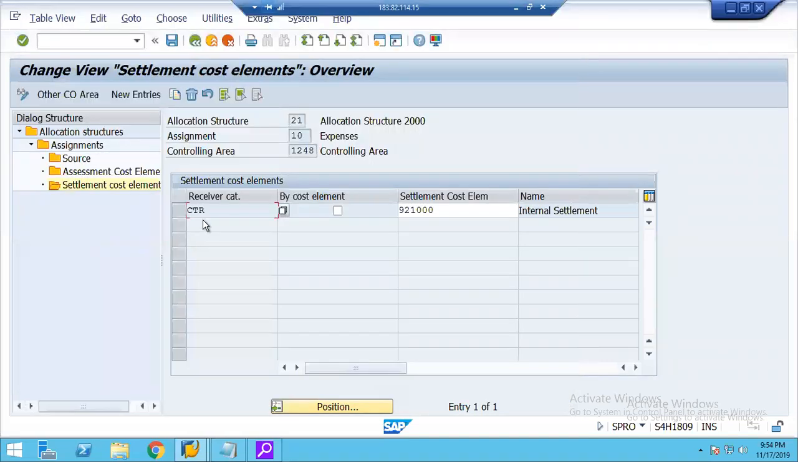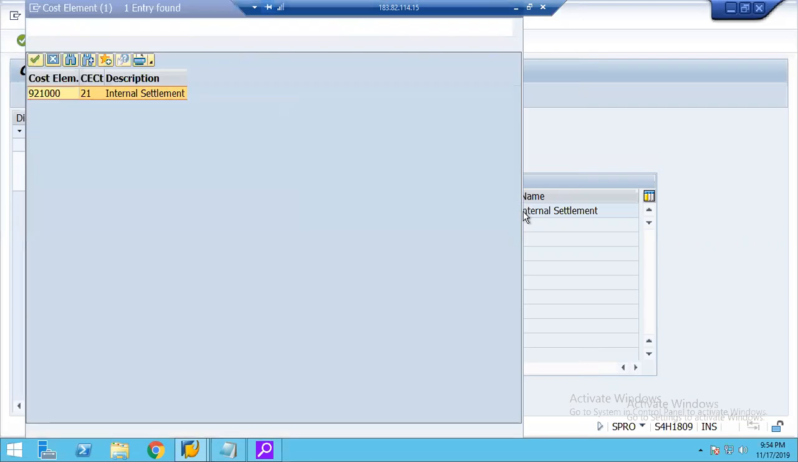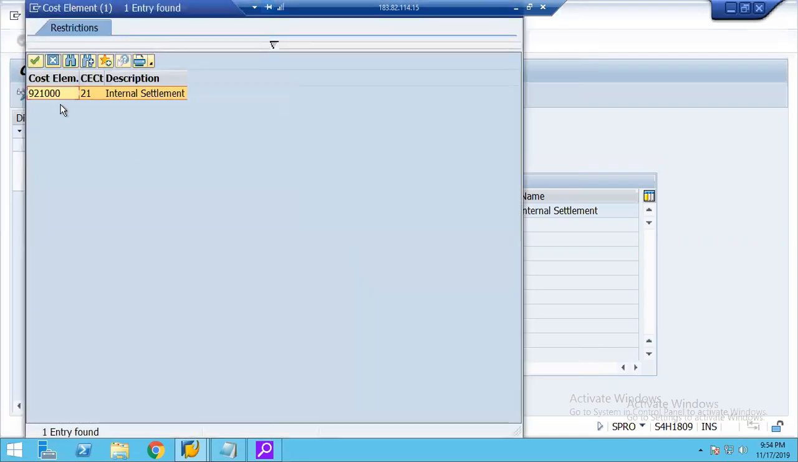It means it is settling to the external object. So in that case, we will have to select the external settlement cost element. Of course, based on this receiver category, the settlement cost element will be triggered. Now, since we have a cost center, when you go and select F4, you can see only the internal